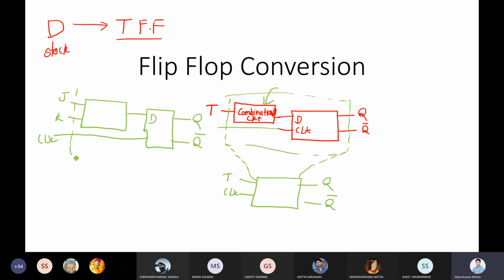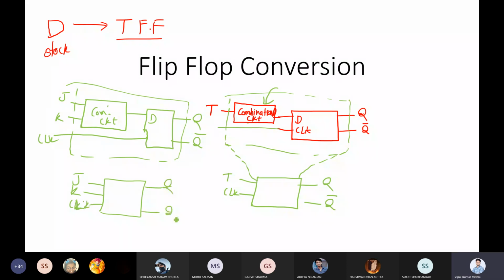So once you take this as one box, you can say this is your combinational circuit, and you will see we have three inputs: J, K, and clock, and the output is Q and Q bar.